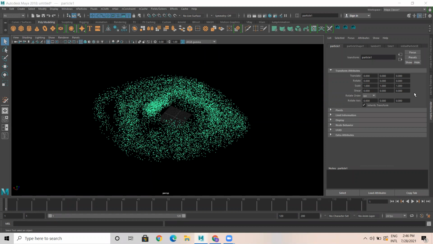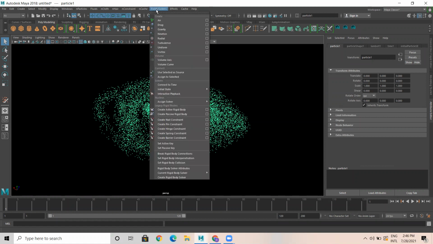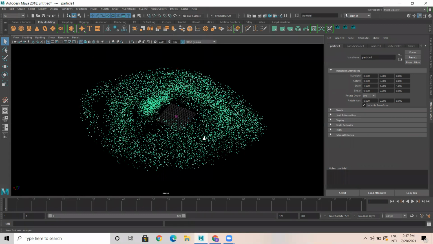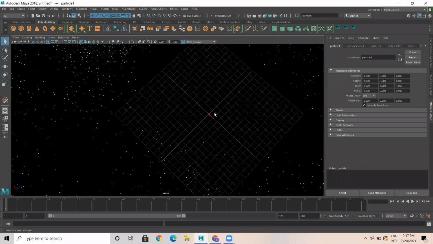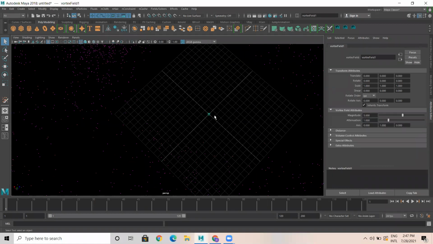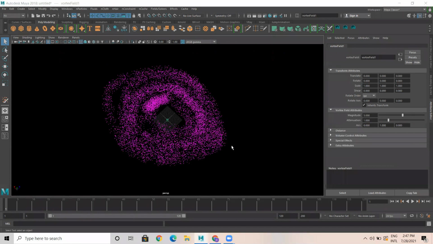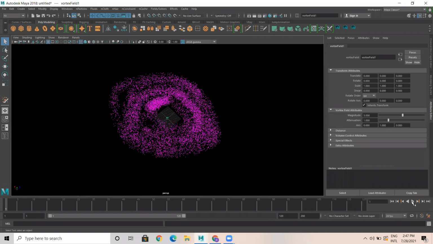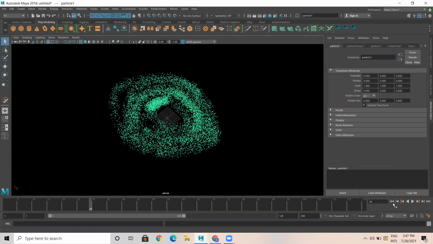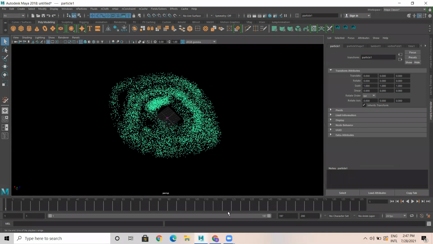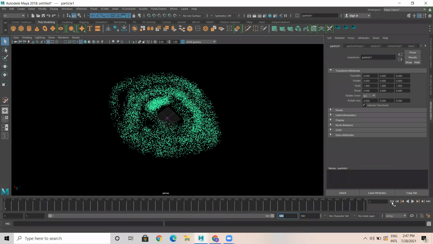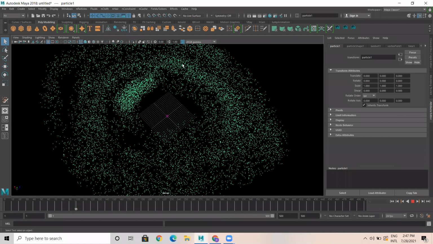Okay. Let's do one thing. I'm going to select this fields. Let me try giving vortex. Okay. Vortex. And if you see, this is the shape of this particular node. So what I'll do here, I'm just going to set it to 500 frames. So go to frame number one. And when I play, just observe this particle, it's simulating like this. It's just rotating like this.